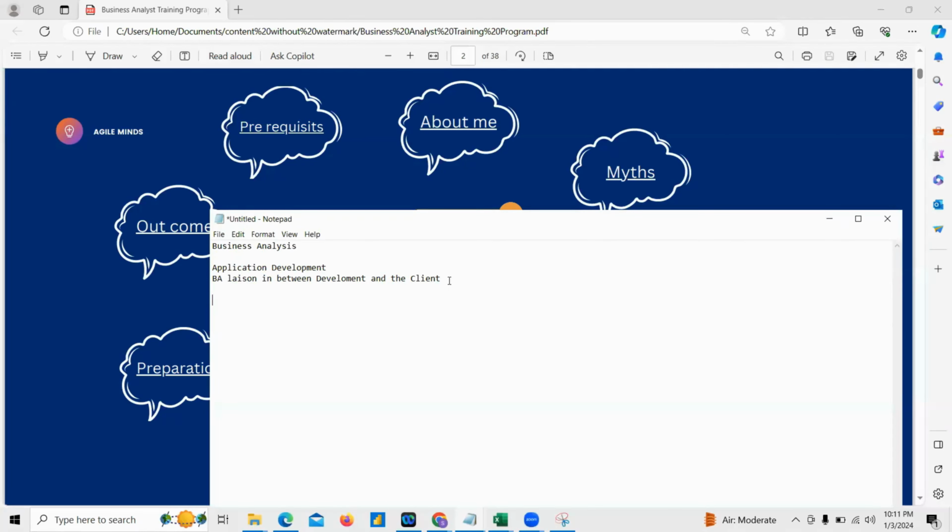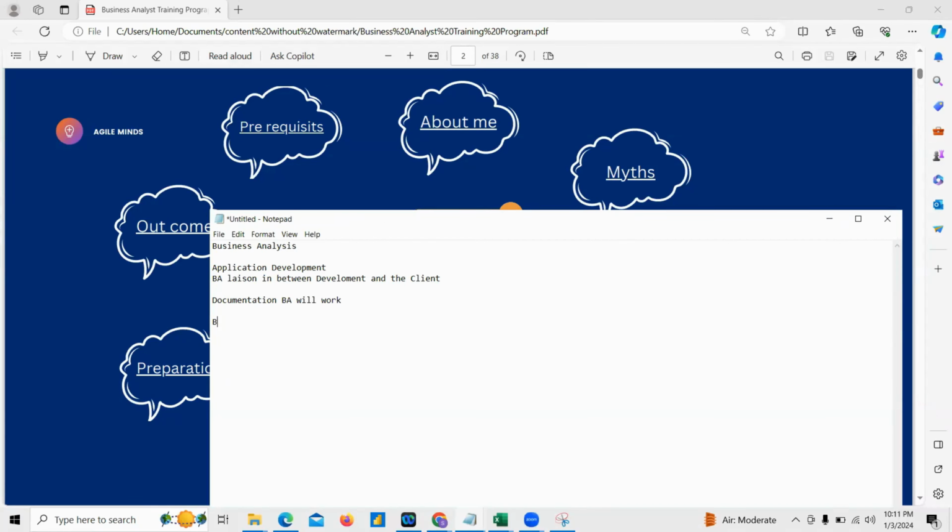That is the reason the business analyst acts as a liaison between the development team and the client, so that the business analyst can gather and discuss the business terms with the client, gather the requirements in terms of business, and explain the same to the development team in different modes. We have different types of documentation on which a BA will work.